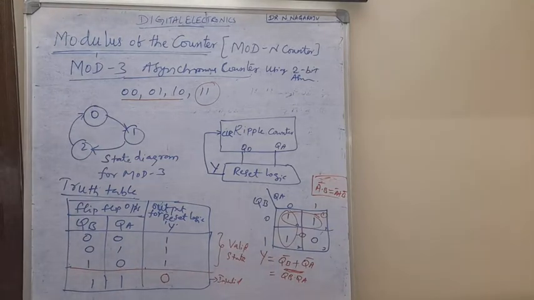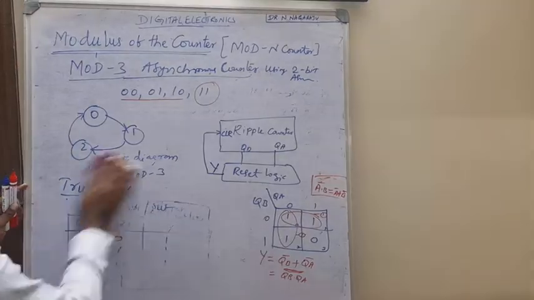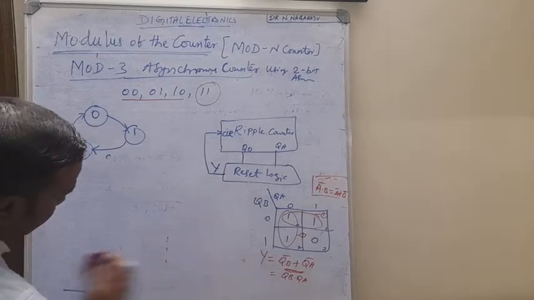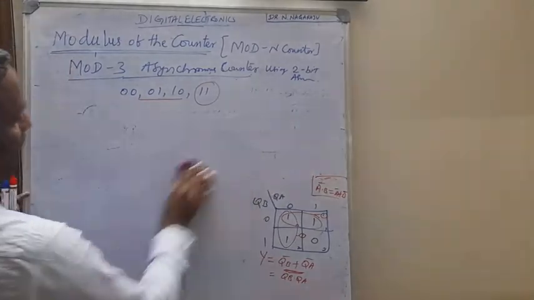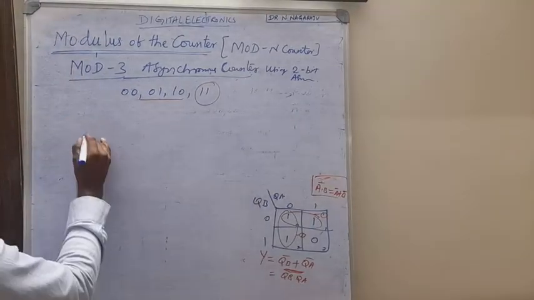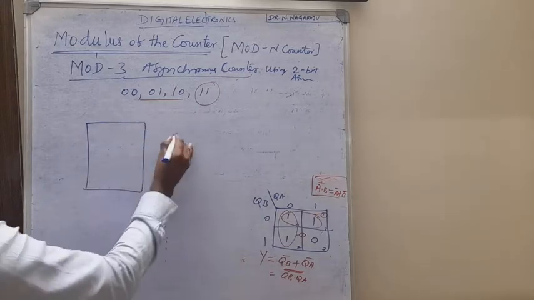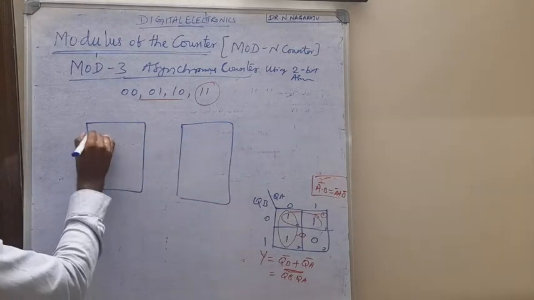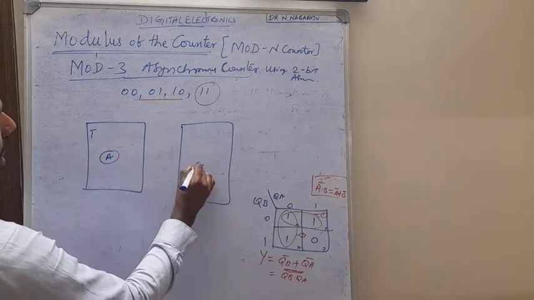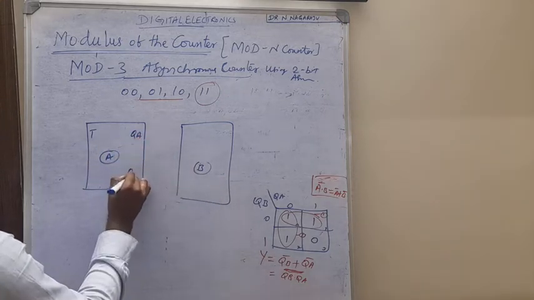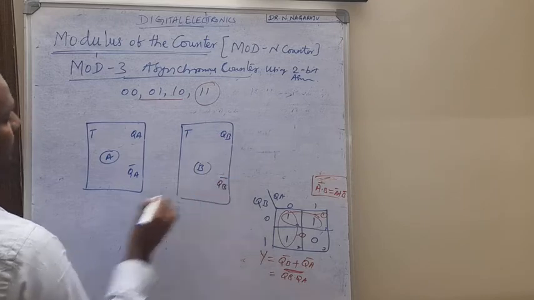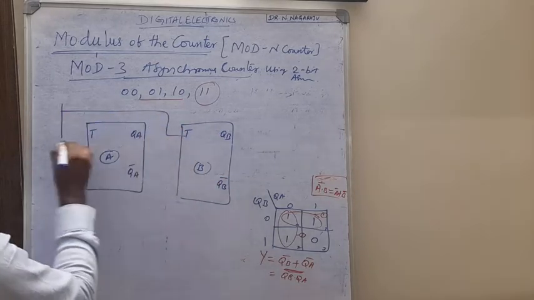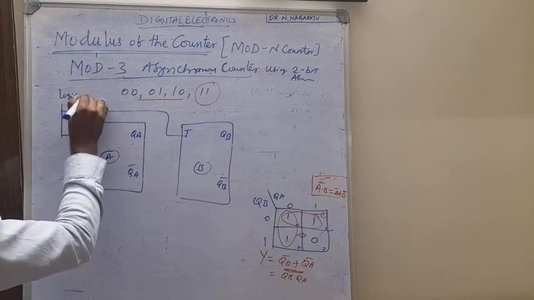Okay, now I am going to design the final logic diagram. So how to design the final logic diagram? Already I have explained in the previous video: the 2-bit ripple counter, that is the asynchronous counter. I am going to draw the 2-bit asynchronous counter. See here, 2-bit means what? 2 flip-flops are required. The same procedure. So we draw 2 flip-flops. This is T, flip-flop A, with outputs QA and QA bar, and here also T, with QB and QB bar. And here logic one should be connected, the same thing. Same procedure already explained in the previous video.